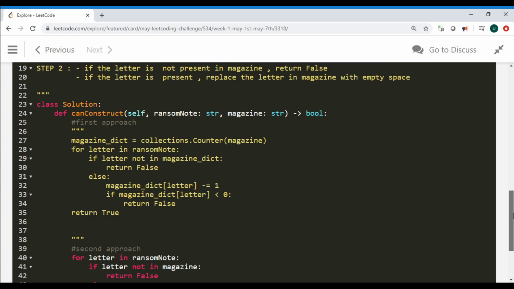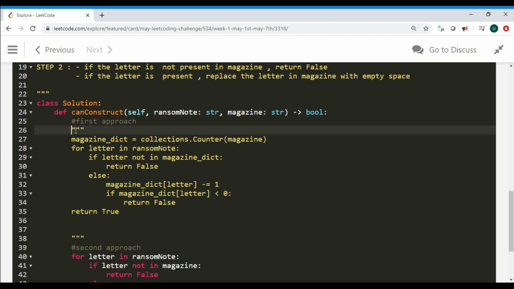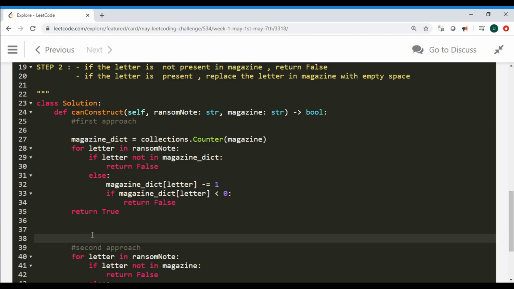So for this I'm going to explain the code. Like I said, I'm going to create a magazine dictionary using the collections package with the Counter function, and then I'm going to iterate on the ransom note, and here I'm going to check if the letter from the ransom note string is present in the magazine dictionary.